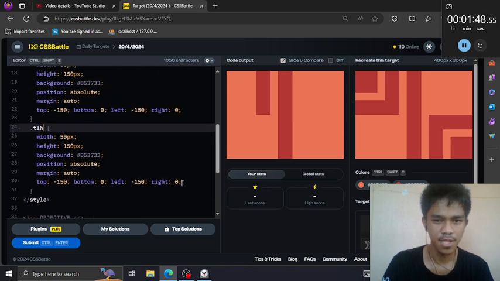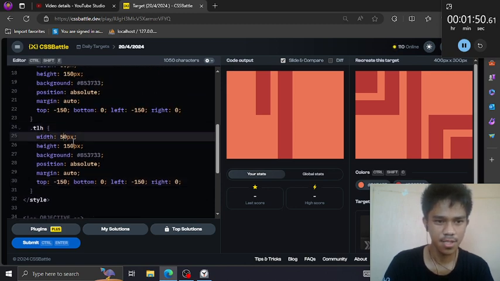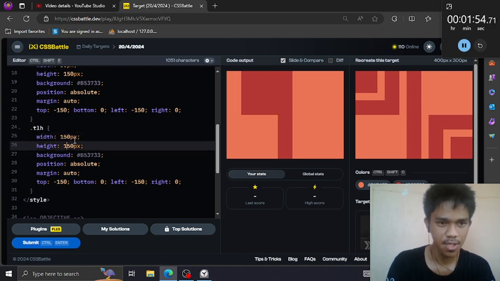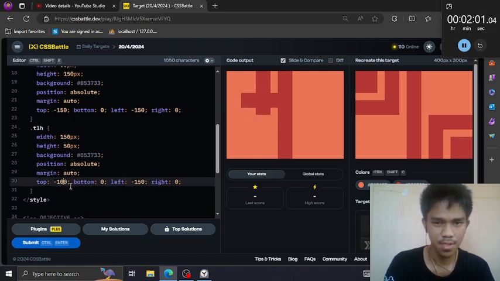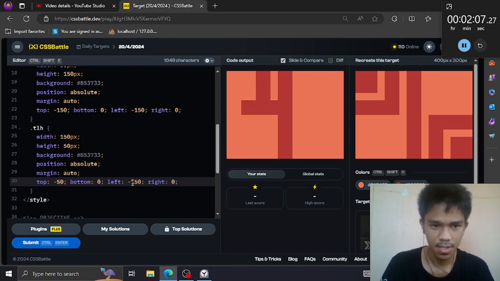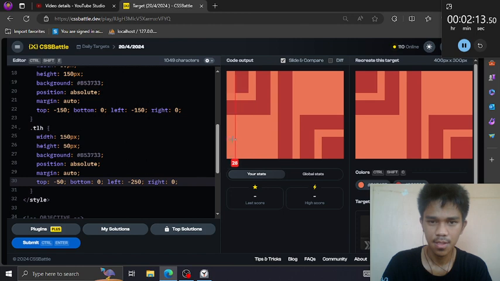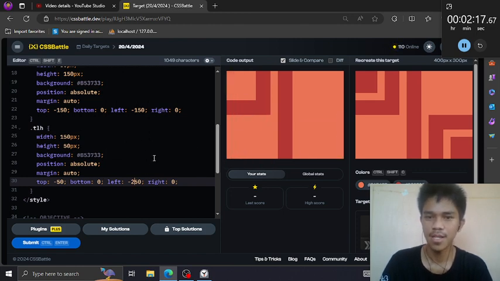It would take one line, so let's just bear with the values. Just switch the width and the height, adjust the position a bit like that, and also this. And we have an intersecting line.